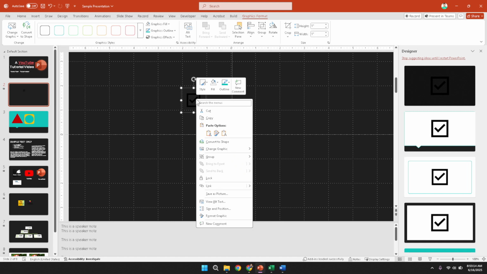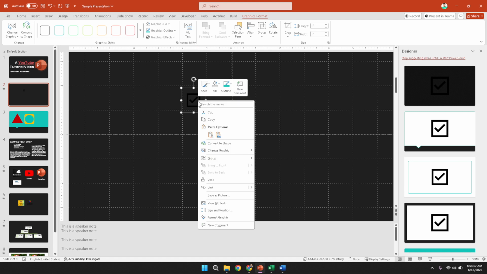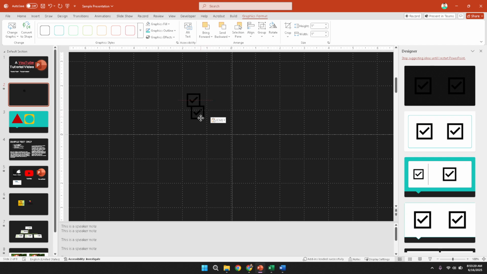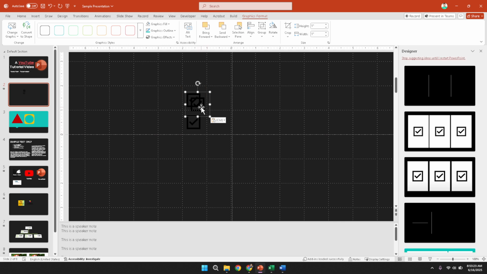necessary. If you need additional checkboxes, there is no need to repeat the entire process from scratch. Simply copy the newly inserted checkbox by selecting it and using your computer's copy command. Then paste it into the desired location as many times as needed. This quick technique is very useful if you are designing forms, checklists, or any other slide elements that require multiple